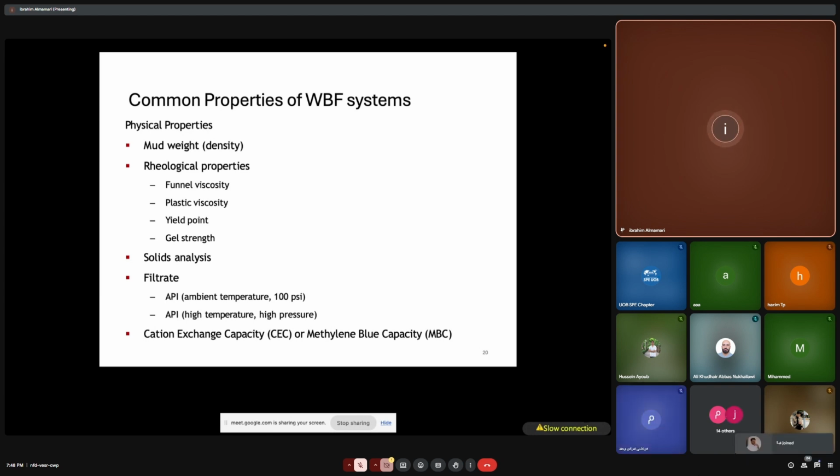Low gravity is the cutting. You don't want it because it will damage the logging equipment, and it's not good for the cumulative cutting within the well. And you will have a filtrate API. There is API for the water-based mud